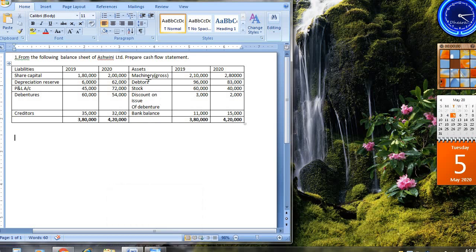You can see machinery, debtor, stock, discount on issue of share and debenture, bank balance is given. Machinery is a fixed asset, debtor is a current asset, stock is a current asset, discount on issue of debenture is a non-operating expense, and bank balance. Then share capital, depreciation reserve is non-operating, profit and loss, debenture, creditor, it is a current liability. So the solution for this problem is,